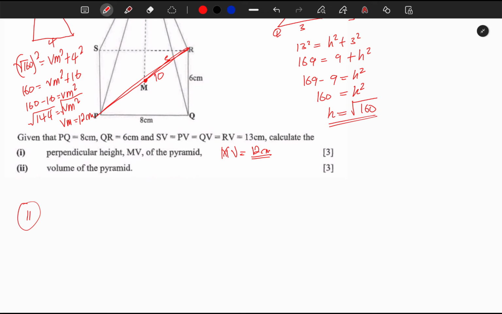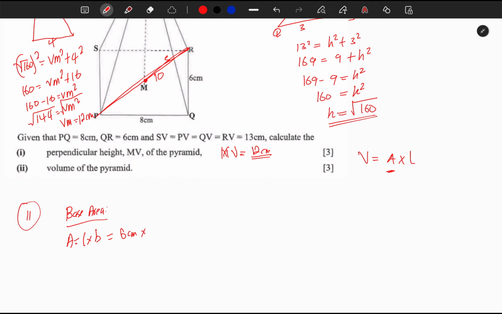To find the volume of a pyramid, we need to calculate the base area. So let's first find the base area. Remember that volume is always equal to area multiplied by L. L can be the height, the length, or anything. So we need to find the base area. Because this is a rectangle, area is L times B